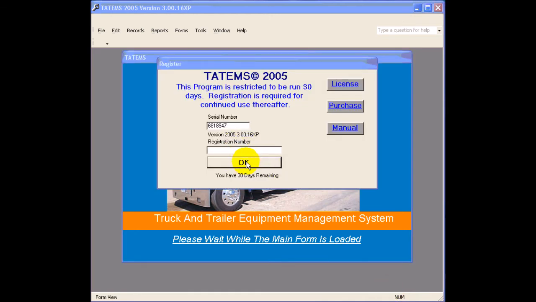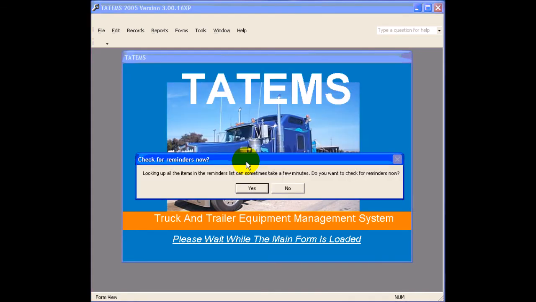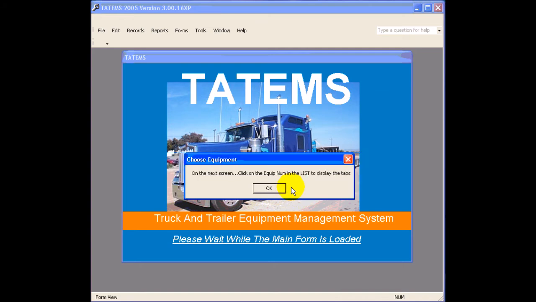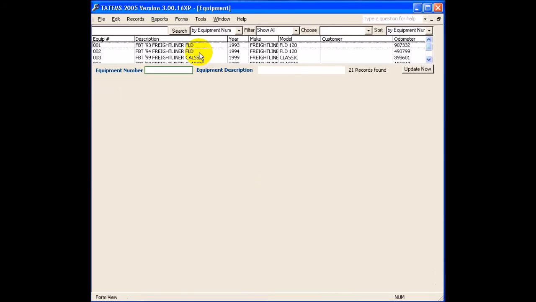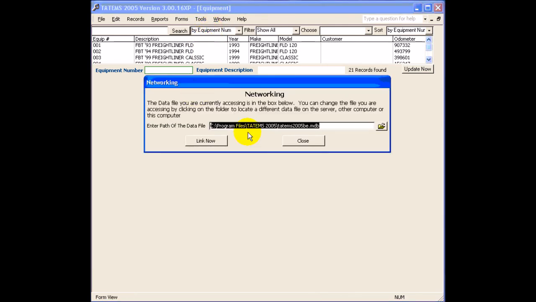And here we have the registration screen. You won't see this if you've already registered. Click OK. And we're not going to choose to look at the reminders. We'll say no here. And now we're going to click on Tools. This is how to link to that data file that we just copied over to the computer that's acting as a server. So click Tools, Networking,